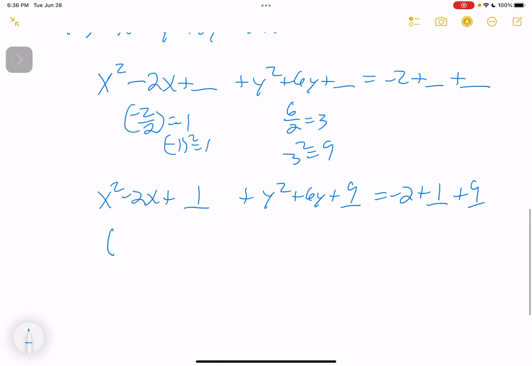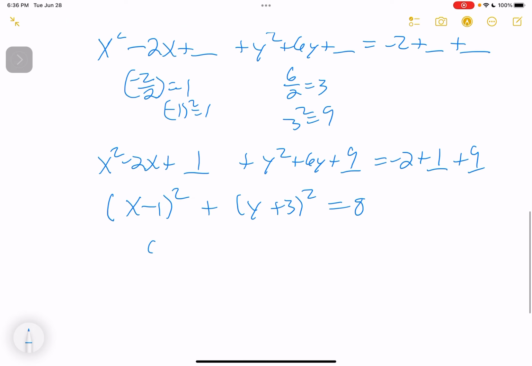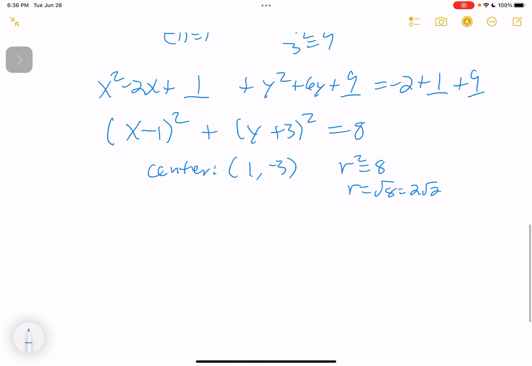And this would factor. It's a perfect square trinomial, x minus 1 squared plus y plus 3 squared equals 8. That means the center of this circle is at 1, negative 3, and the radius squared is 8, so the radius is the square root of 8, which is 2 root 2. So that's around 2.82. So if we were to graph this,